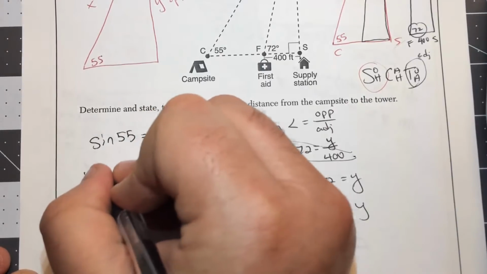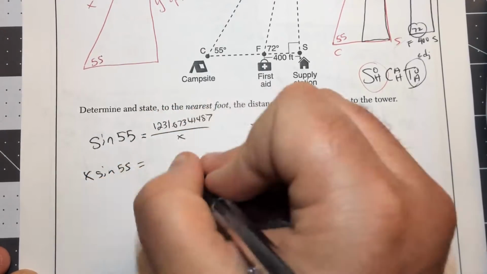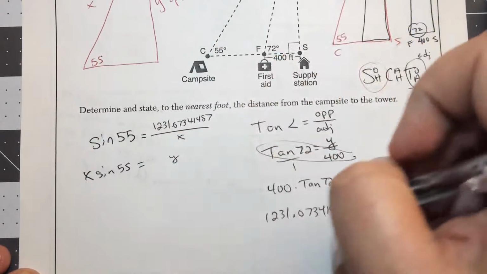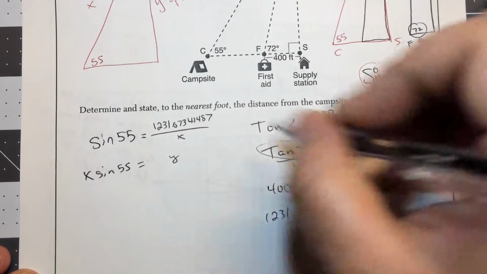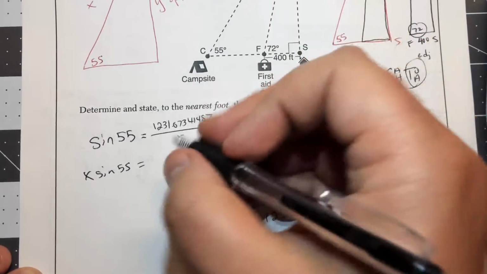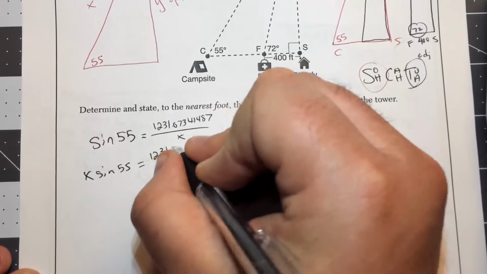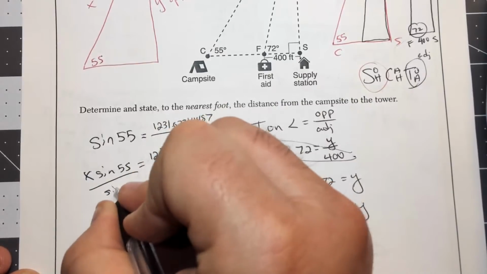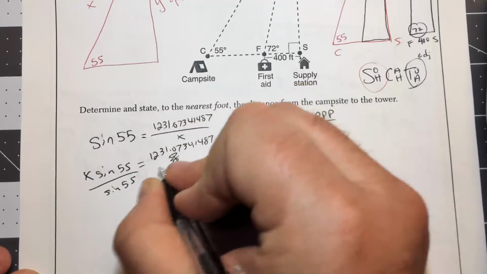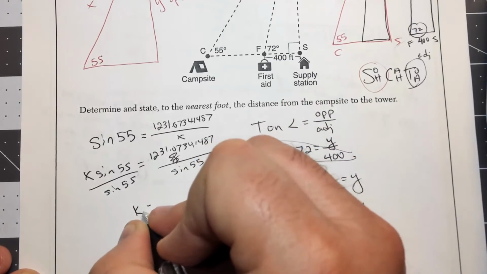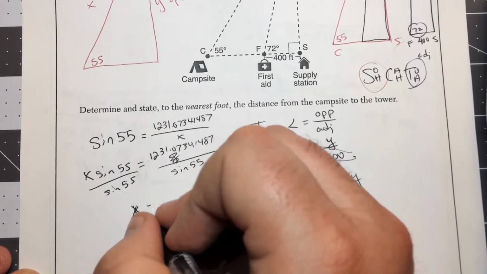X times the sine of 55 is equal to, how about we just call that y for a second? All right. You can actually use that variable since you've defined it to represent this. So you could put y in there. But we're having fun writing big numbers, man. 0.7341487. And then we divide that by the sine of 55. Okay? And so x, our length here,